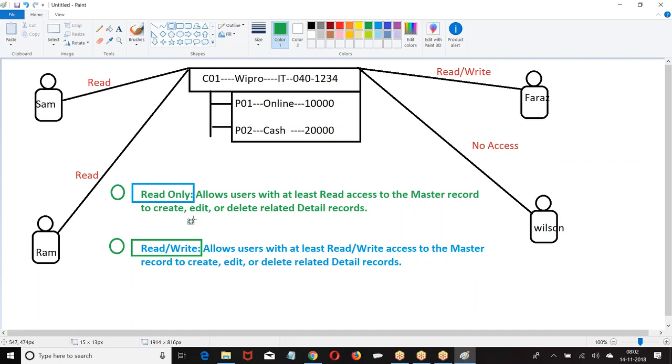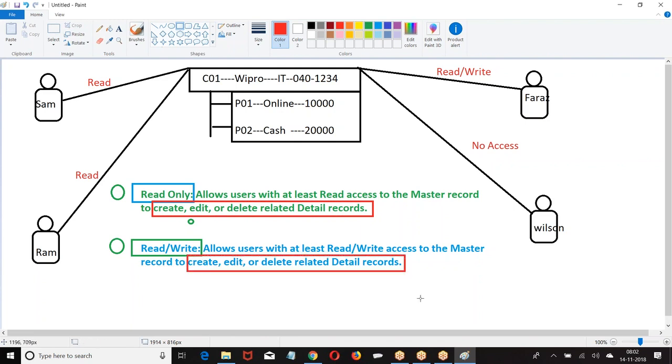Here the question is not about which permission. Look at this. Are there any changes in the permission? Permissions are what? Create, edit, delete. We are not speaking about permission.